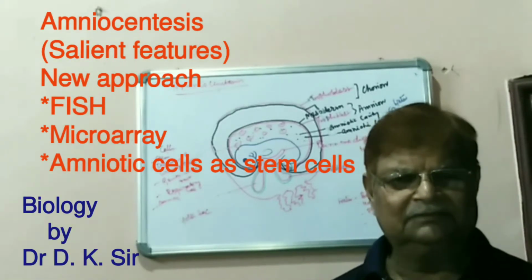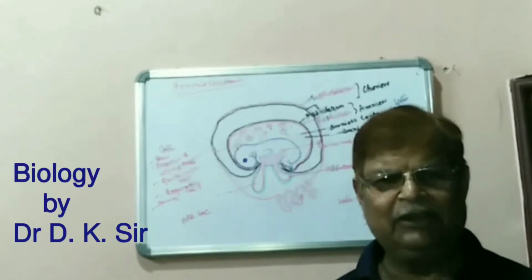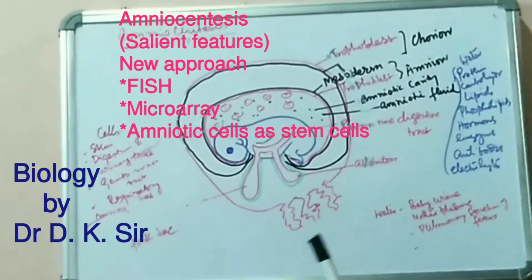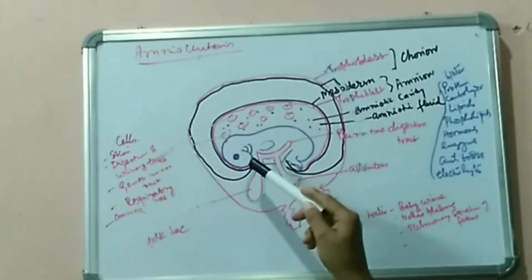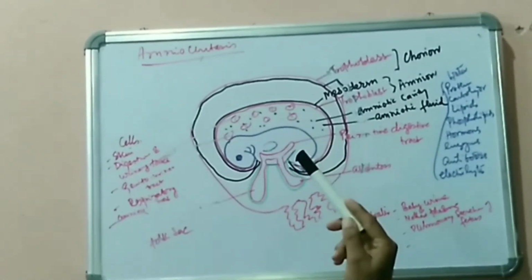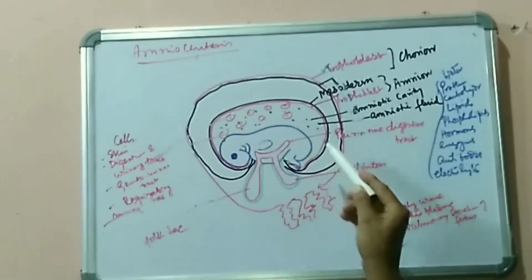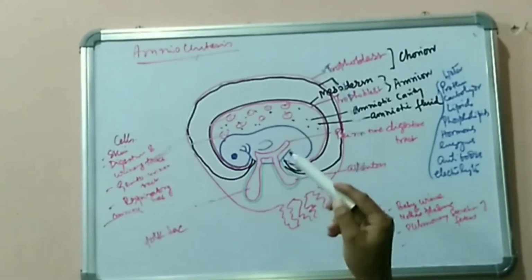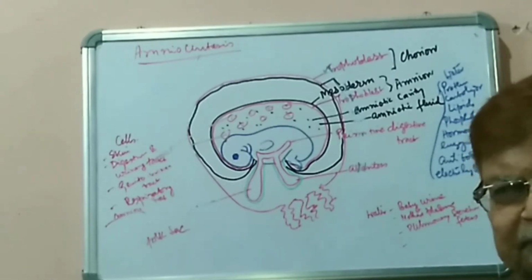Amnion means amnion. So before we go into the detail, we should first understand what is amnion. Through this picture, we can see the development of the embryo. Here this is the embryo. This is the primitive digestive tract. The embryo should have an amniotic cavity. This is the amniotic cavity. Now we should first see how this amniotic cavity is formed.